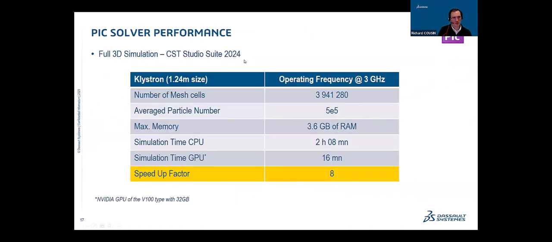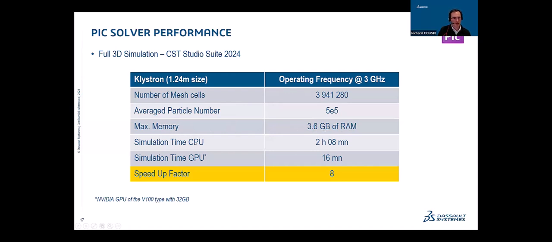In terms of performance, that's impressive. And I think this is something which is really unique with CST Studio Suite. You can see here that for roughly 4 million mesh cells with an average number of particles of 5E5 written here, with a maximum memory which is not that large, only 3.6 gigabytes of RAM,